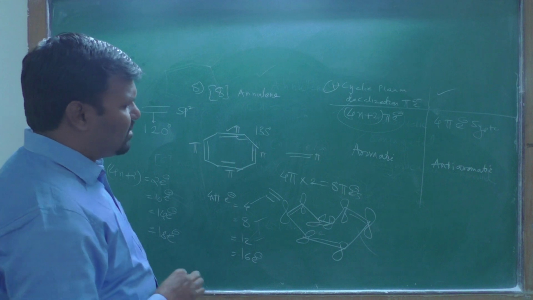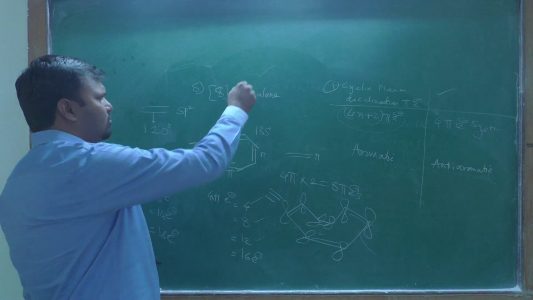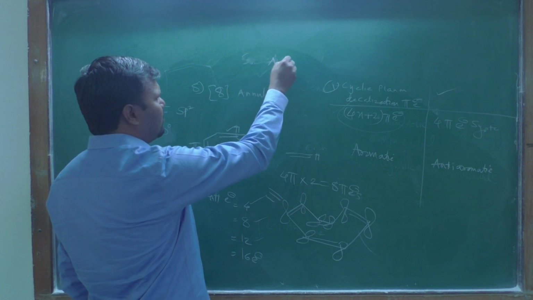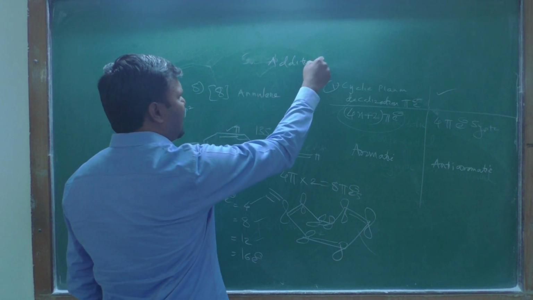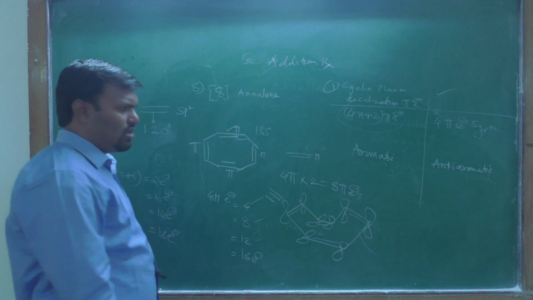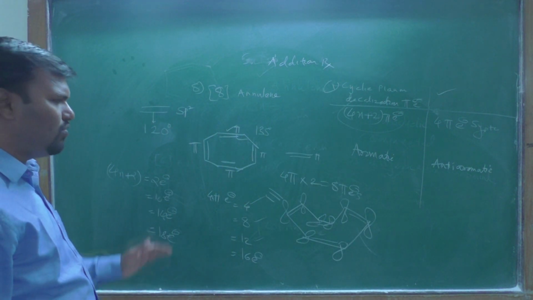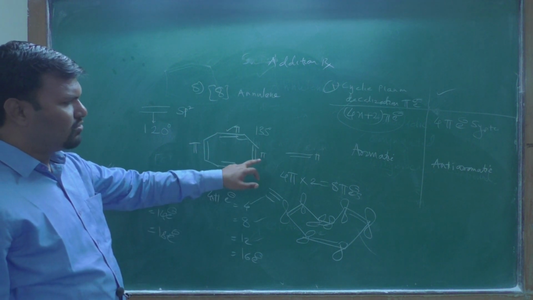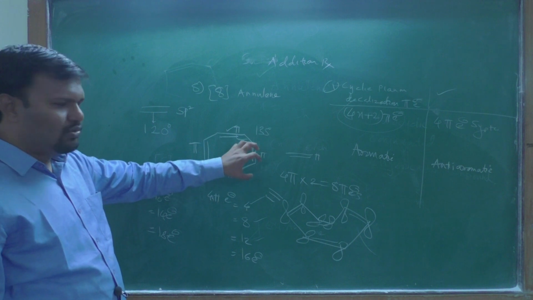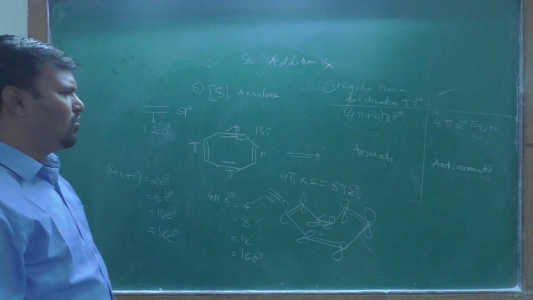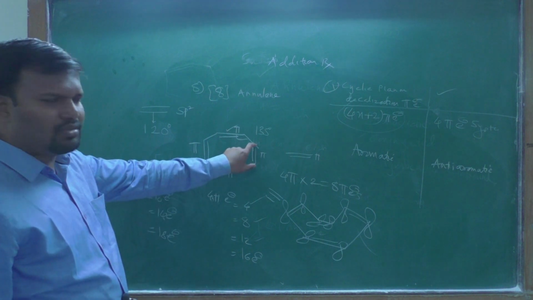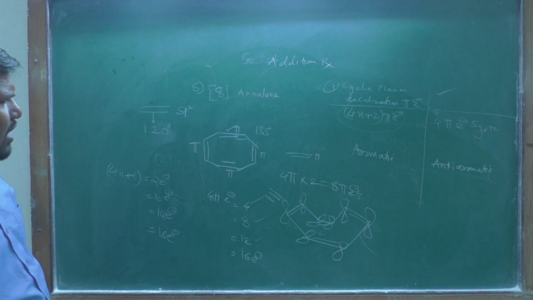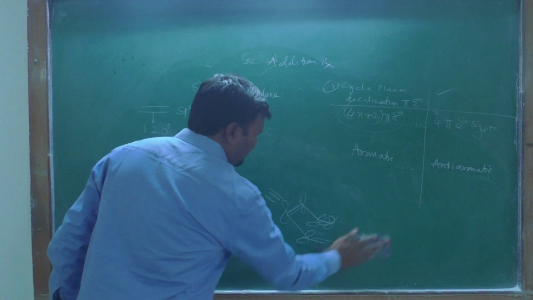Sorry, this compound undergoes addition reaction. If your compound is aromatic, it does not show addition reaction. When you add HCl to this molecule, hydrogen is added to one double bond and Cl to the other. If you add a Br2 molecule, it will react on the double bond, and addition reaction will happen in this 8 annulene system.